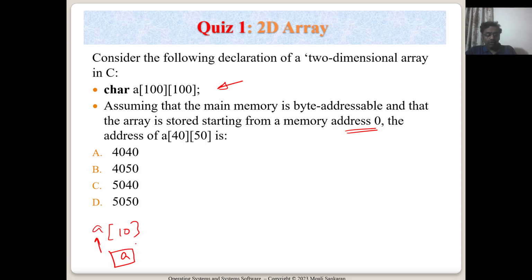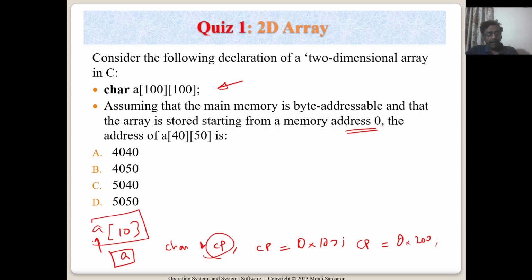Now, it's a pointer, of course, but it's not changeable. Suppose I have a character pointer, char *cp. I can assign it some value, 0x100, and then use it, and then I may even change it to some other address, 0x200. I can assign any address that I want. Of course, it should be a correct address within the program's logical memory space, but I can change the address. Whereas once you define an array a of 10,